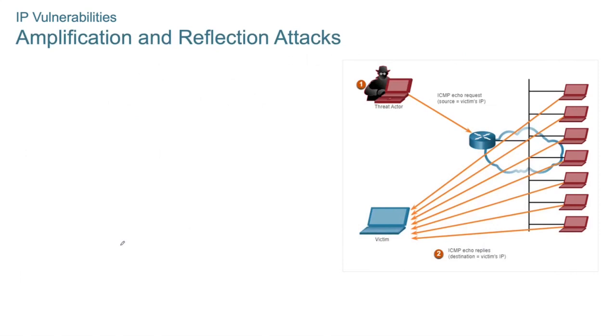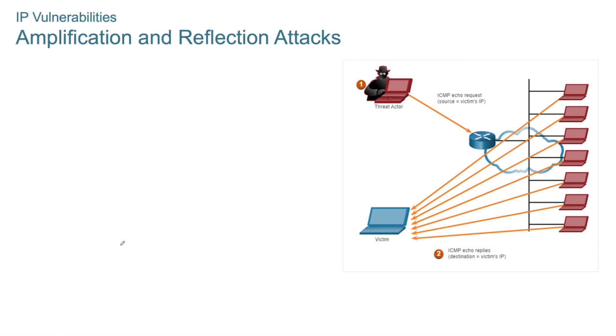So let us see this. The amplification and reflection attack is one type which uses this ICMP request. In this amplification and reflection attack, the attackers or threat actors often use amplification and reflection techniques to create a denial of service attack. So in this example, you see how the amplification and reflection technique, which we call the smurf attack,